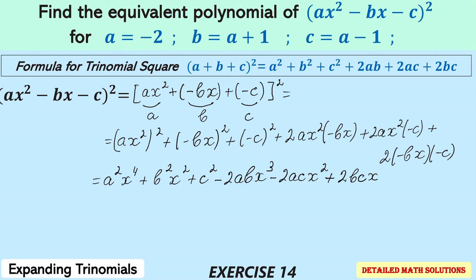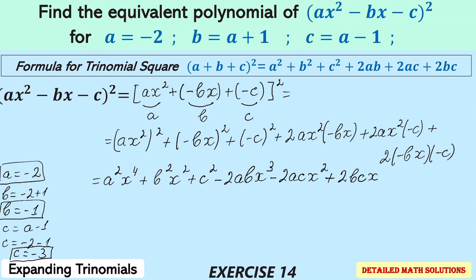First, I need to find the value of b for given a equals -2. b equals -2 plus 1, or b equals -1. c equals a minus 1, or c equals -2 minus 1, or c equals -3. So as a next step, I need to substitute a with -2, b with -1, and c with -3. When I do that, this equals to